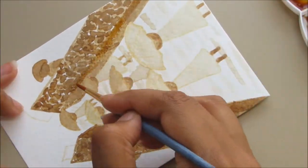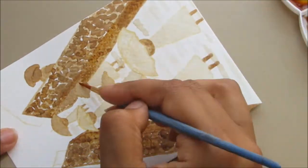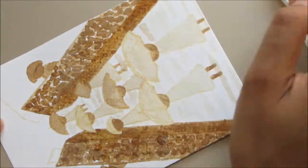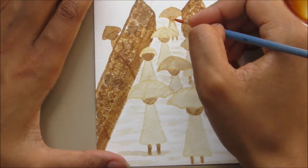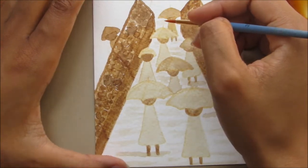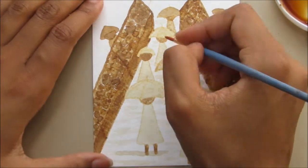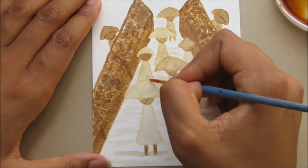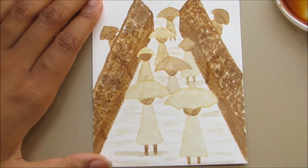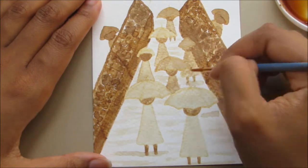I'm thinking it might be the paper, because this paper warps very easily, which can be quite frustrating. Thankfully, when it dries, it does dry back flat. And of course, once I've finished, I put it in between a book so it flattens out even more. But I feel as if the paper isn't very absorbent. So the water will sit on the paper, and because of that, it bleeds sideways. So what I think I will do, any future